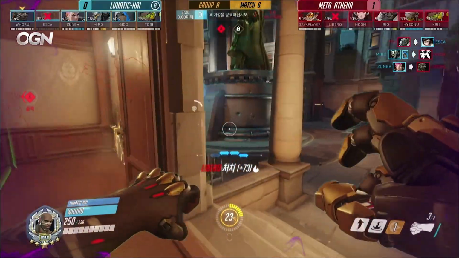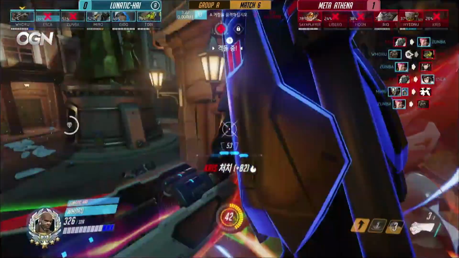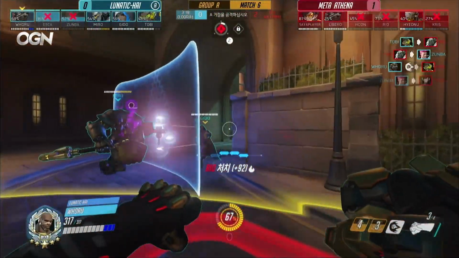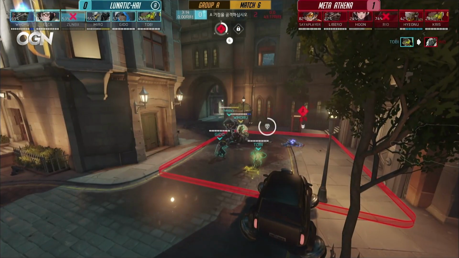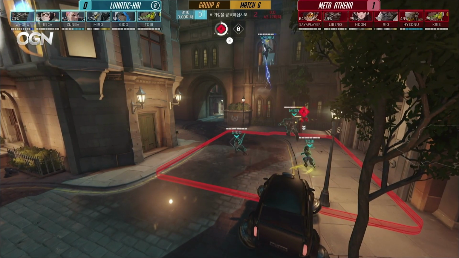I've been trying to think of cool names for this team comp. It's about setting up Mei walls to get Doomfist to punch things into them. So I was thinking maybe Frost Punch or maybe Doomcicle, if you want to be a little bit more cheeky about it. But as we see here, normally the enemy team should be able to get another retake coming in